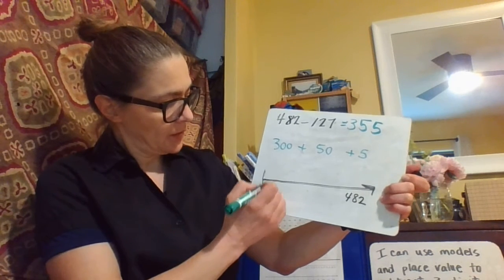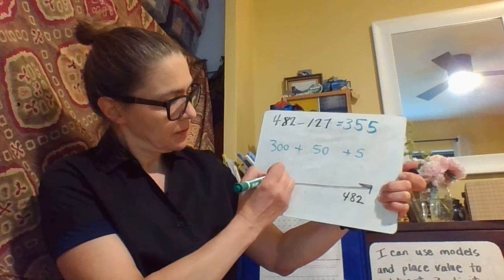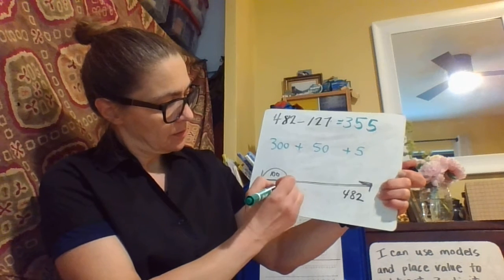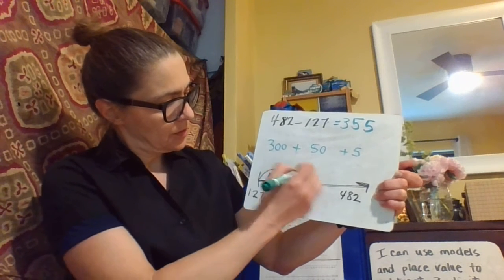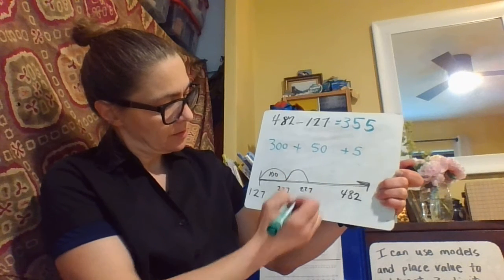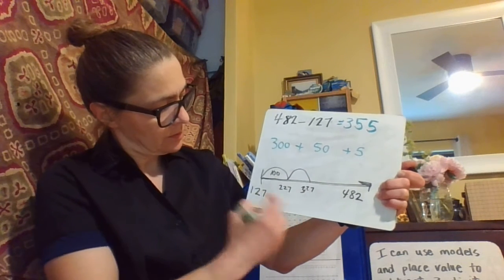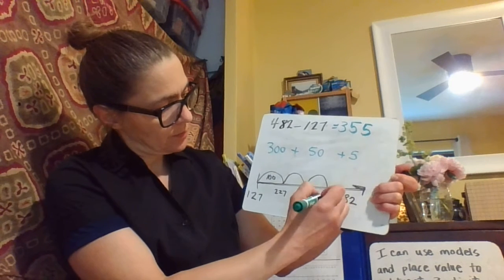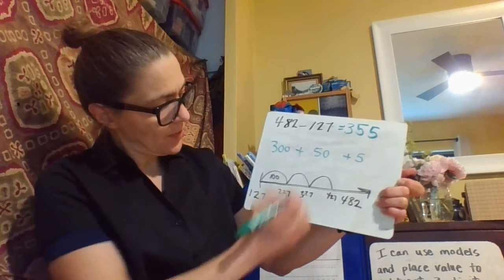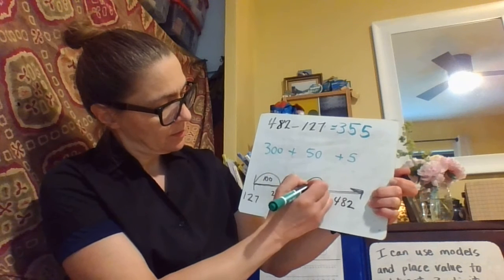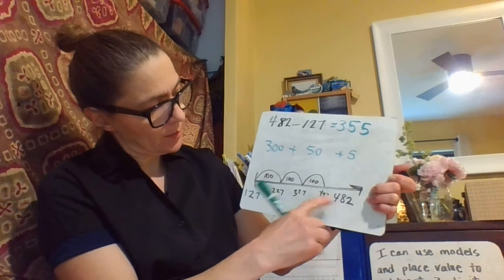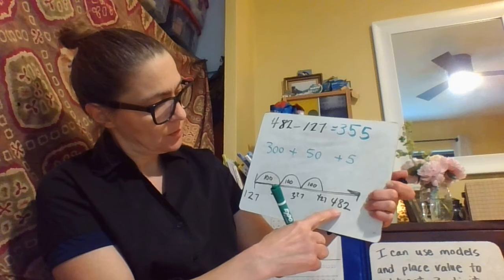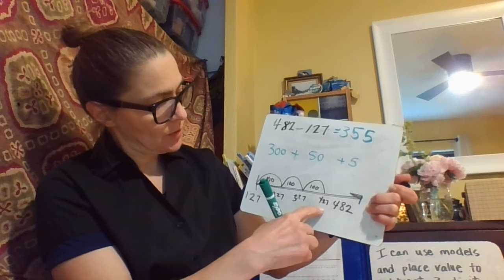So I know I can go up 100, 200, 300, 400, 427, and I'm not there yet. I still need to get up to 482. So I'm at 427,